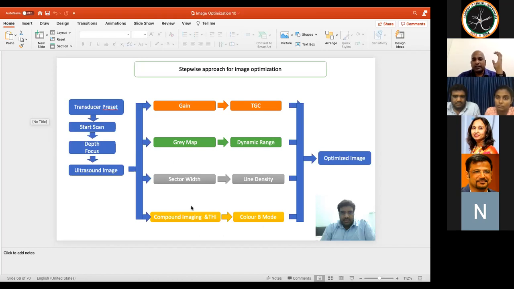So all these things will matter whenever you have deeper targets where your target is not clear to begin with. So then only these optimizations will come into play so that you can get your image better. Or you are handling a new machine where you don't know why the image is not clear. Unless you know all these manipulations, you cannot work out with that machine.